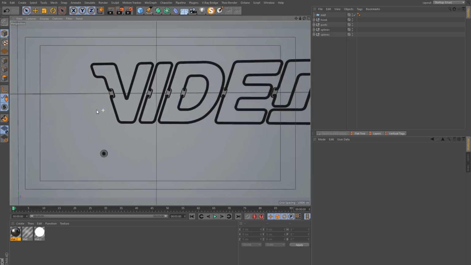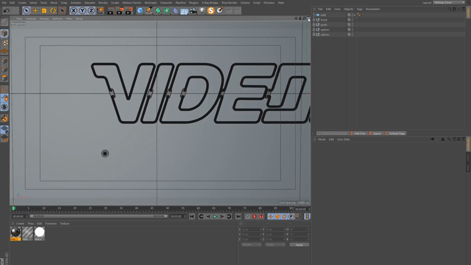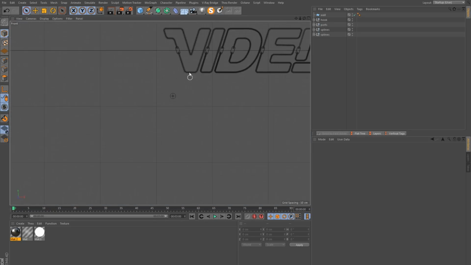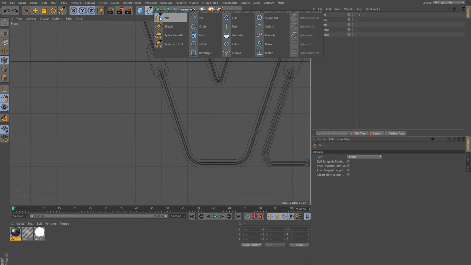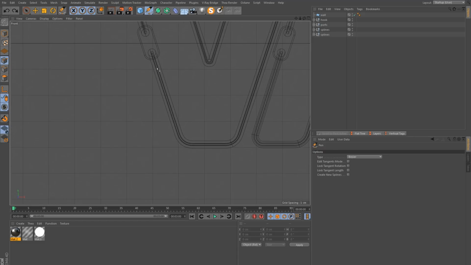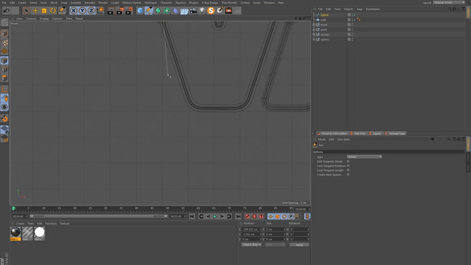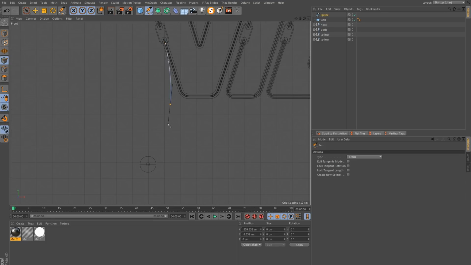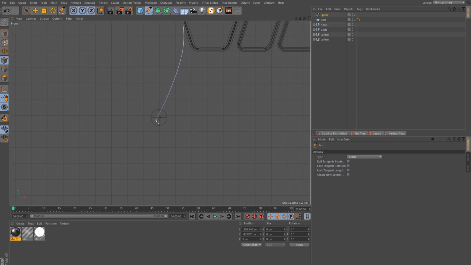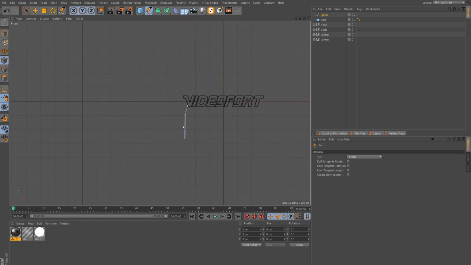So let's make the actual cables, and again in the front view, let's get the pen tool, and just going from the base of each of these ports, I want to start drawing a cable like this, and the idea is to have it hang down and wrap around this hook section here and then continue down here somewhere.